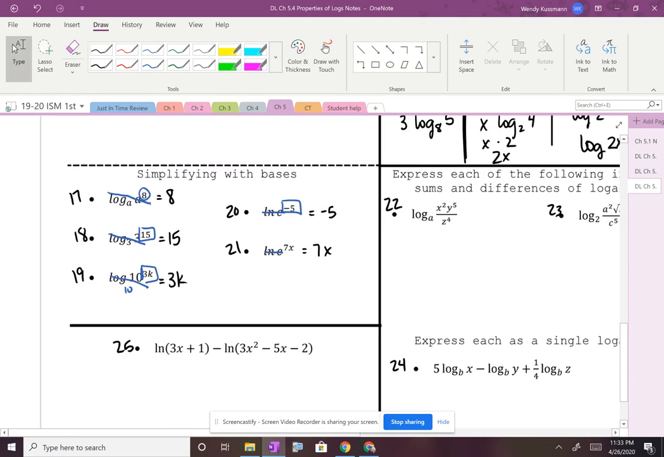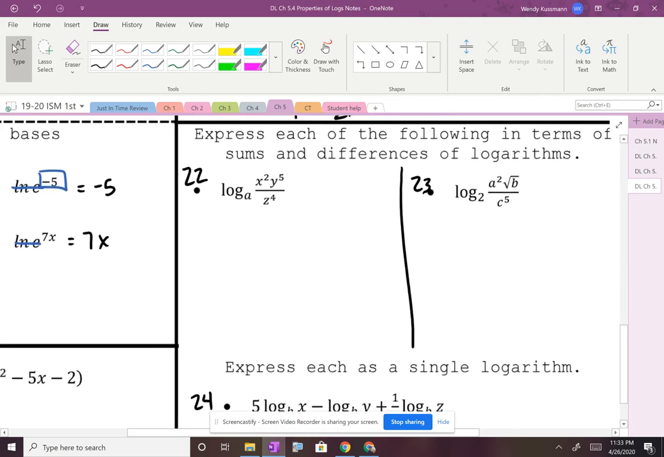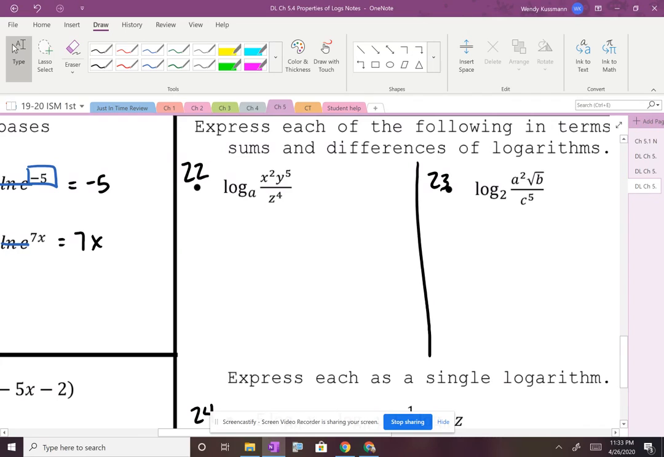Let's look at number 22 here. Express each of the following in terms of sums and differences of logarithms. So we're expanding here. That's what we're doing. We're expanding this and we're splitting these up into these larger sequences using logs. So this number 22 says log base a of x squared y to the 5th divided by z to the 4th. So to expand, what we're going to do is split it using the product and quotient properties into separate logs